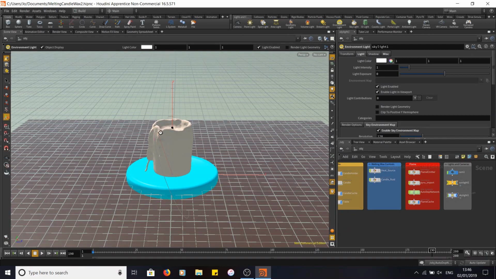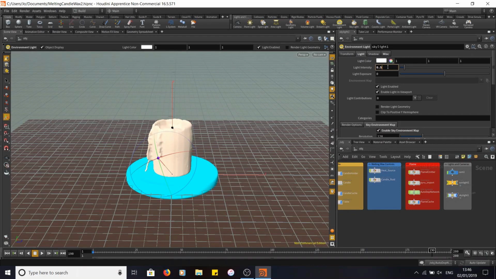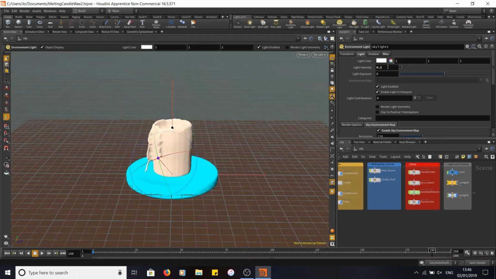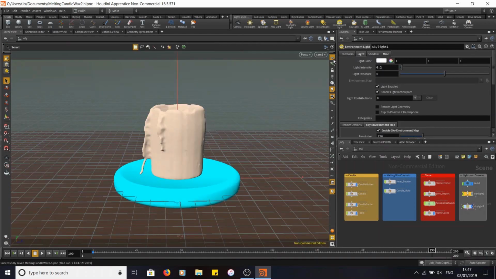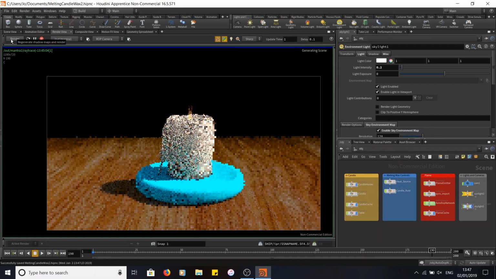That was probably the wrong way to go, I think. There we go. I am going to also decrease the light intensity. Definitely don't want it that bright. And I'm also going to just turn the grid off. So in my render view,